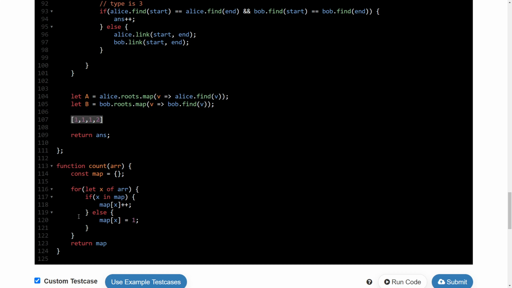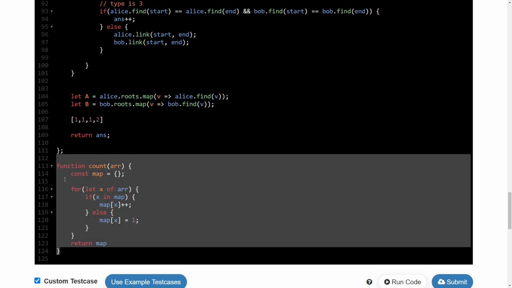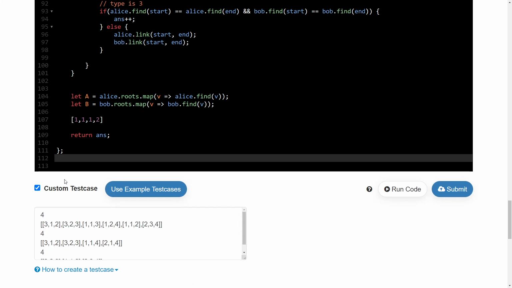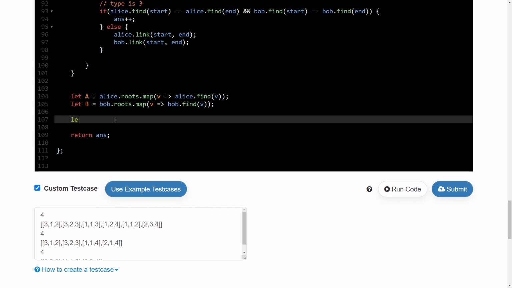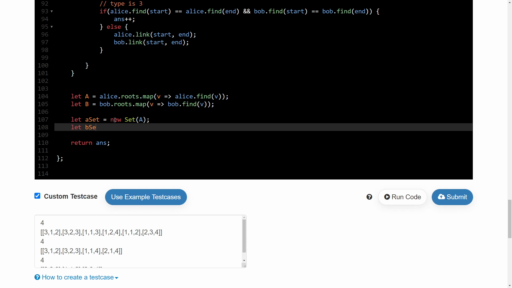So how I did it during the competition was I counted all of them and saw that there should be n. But now there is one simple way to do it. Let a set be equal to new Set with a, let b set be the same. Basically we just see how many elements are there.